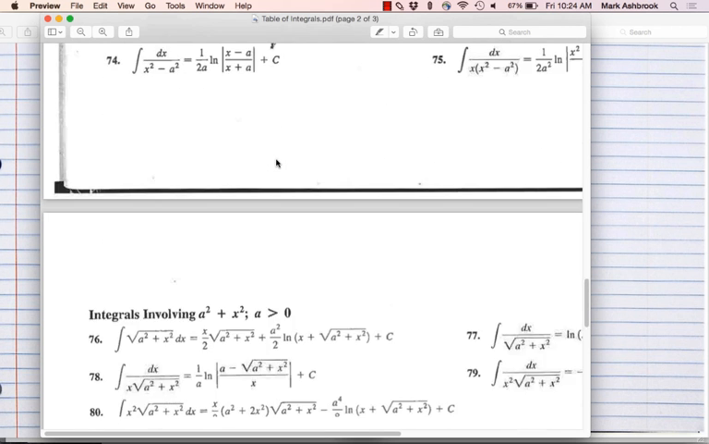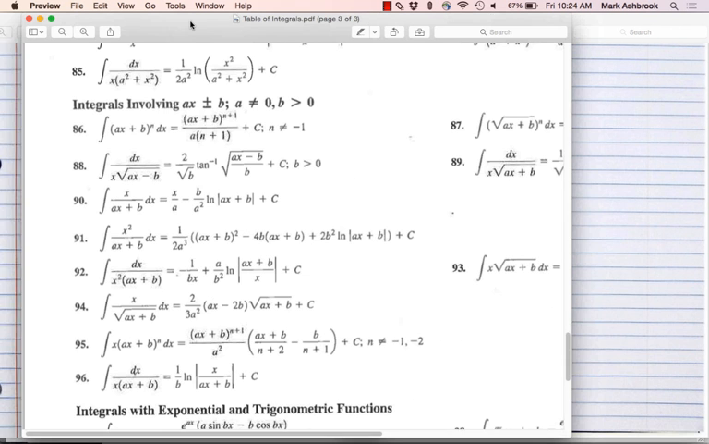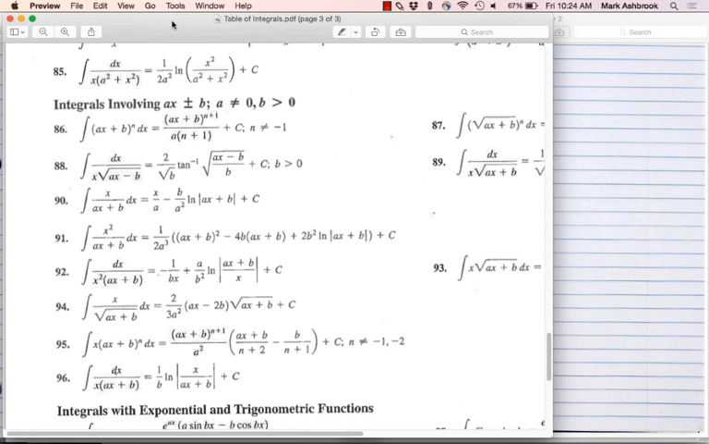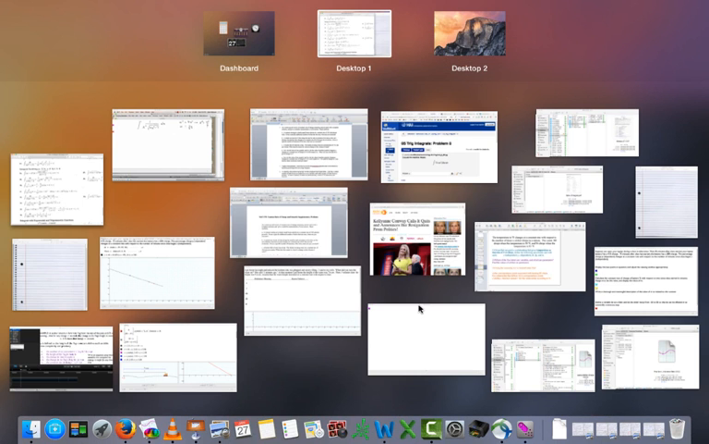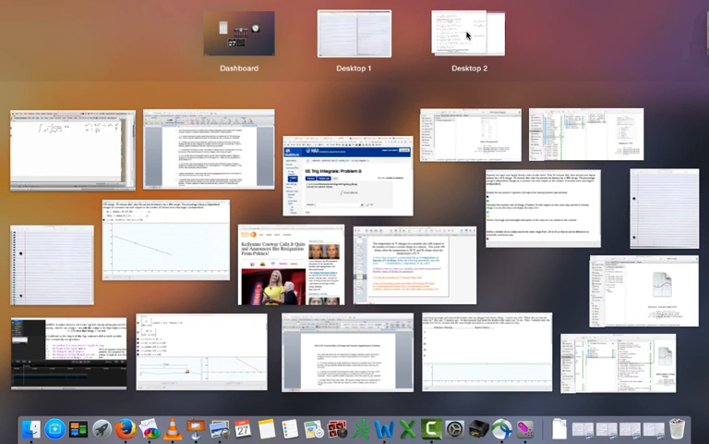Okay, so thinking about these tables, here's an example. 1 over